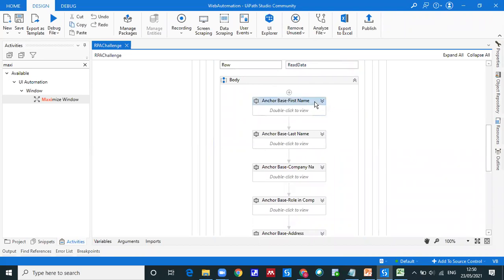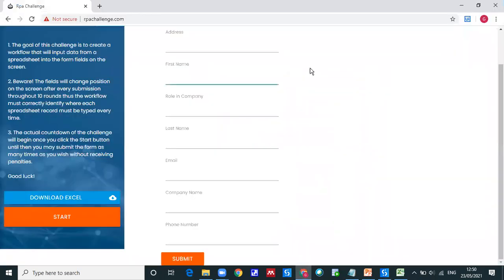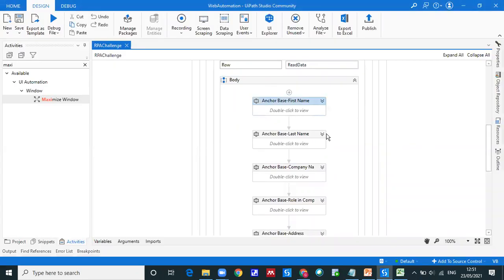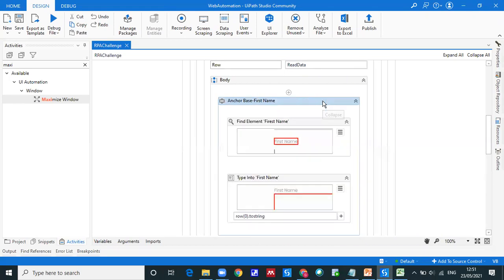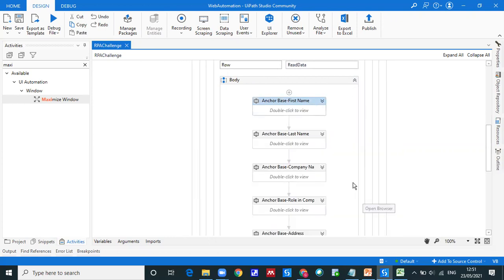These are the anchor based activities. Again, I will repeat why we use anchor based things. The reason is that positions are changing. And what exactly is an anchor? It's a reference element of the target. So this is the target. What is the reference element? Address. Get my point? So we need to use it in such a situation where the position is dynamic. In that case, you're supposed to use anchor base and also decide the position, the left, right, bottom, top, whatever it is. Accordingly, you can change it.